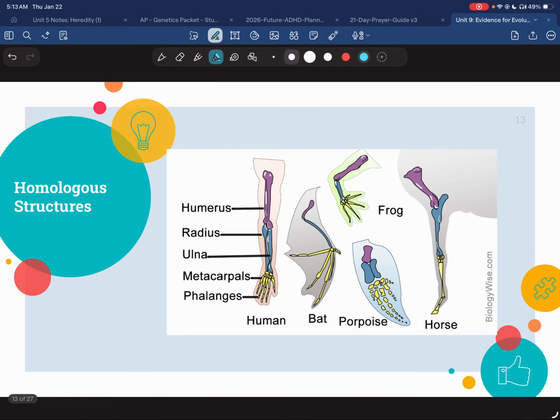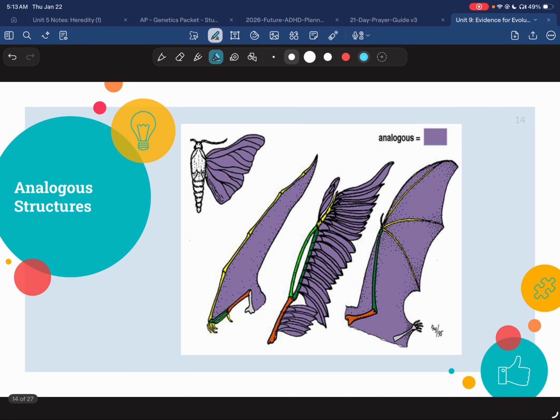So here's an example of some homologous structures. You can see the color coding here to show you the order of these bones and how they've changed to fit their specific functions over time. Analogous structures we can see, yes, all of these technically would be homologous too because they're vertebrates, but this guy over here is not, no bones. So this insect wing versus these, they're analogous because they are different structures, but the functions are the same.